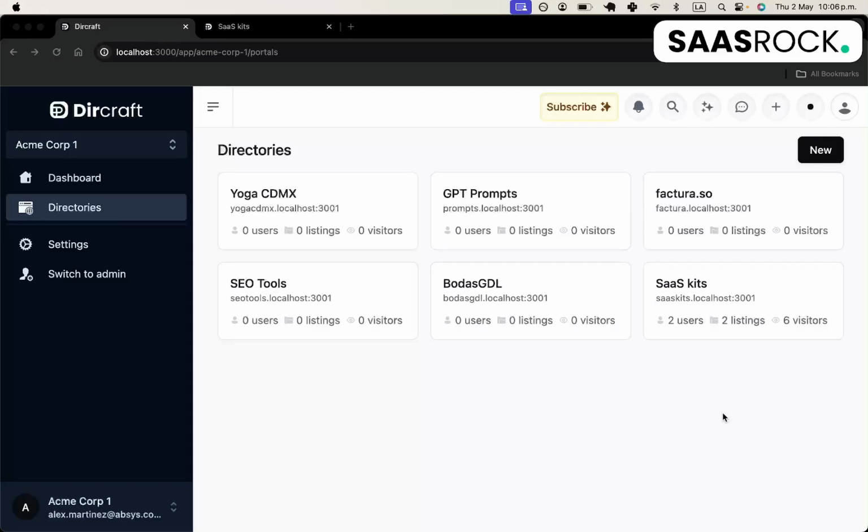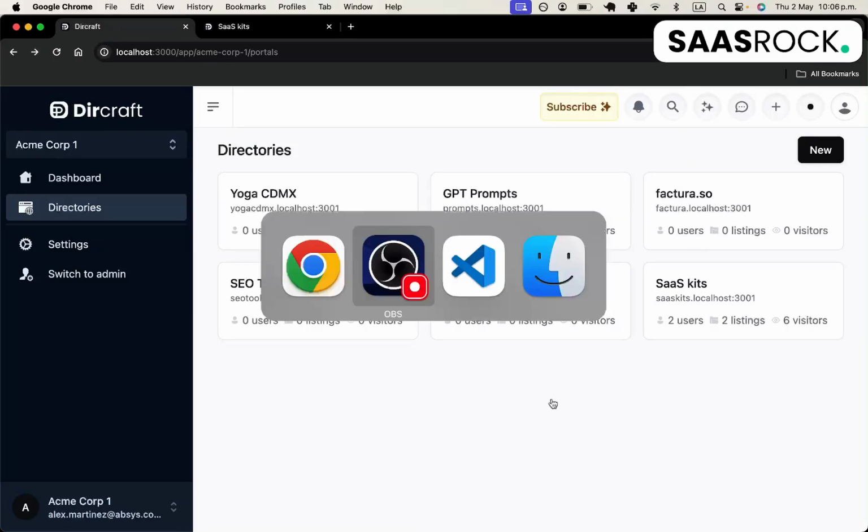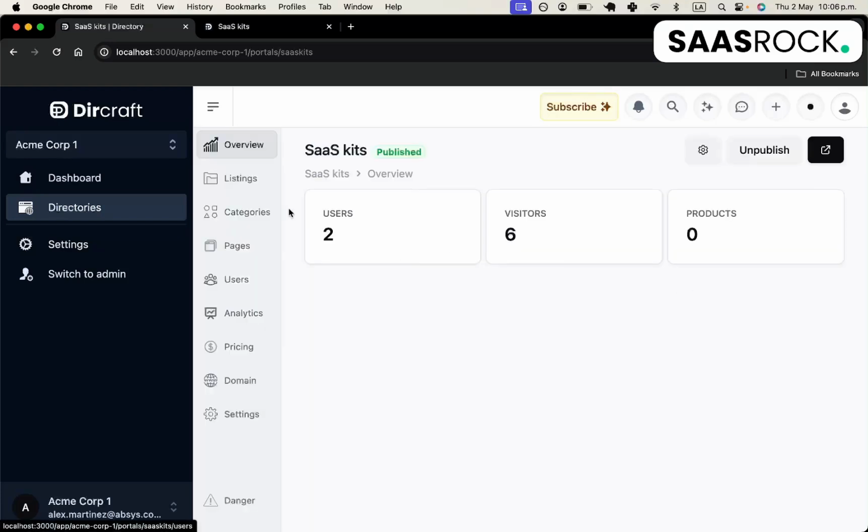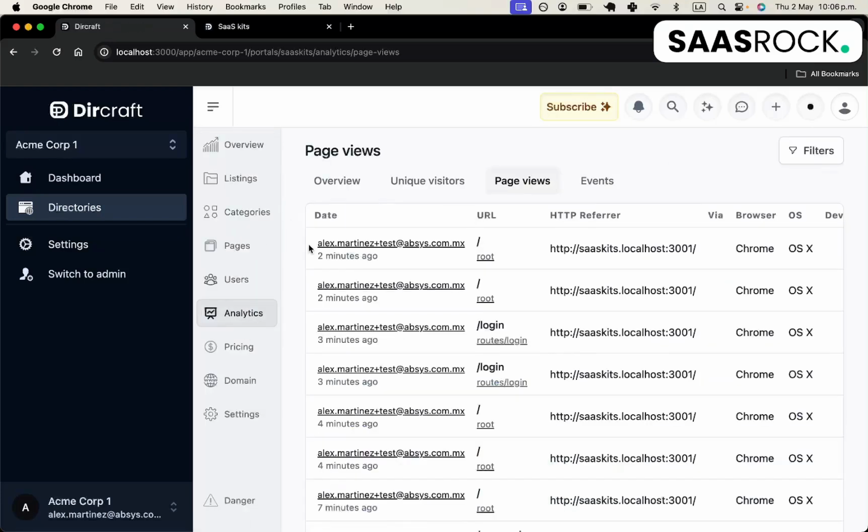Hey guys, welcome back. As always, I've already made some improvements to the core and to the Enterprise Edition, especially on two parts. The first one is on the Enterprise Edition, you will have this analytics new tracked portal